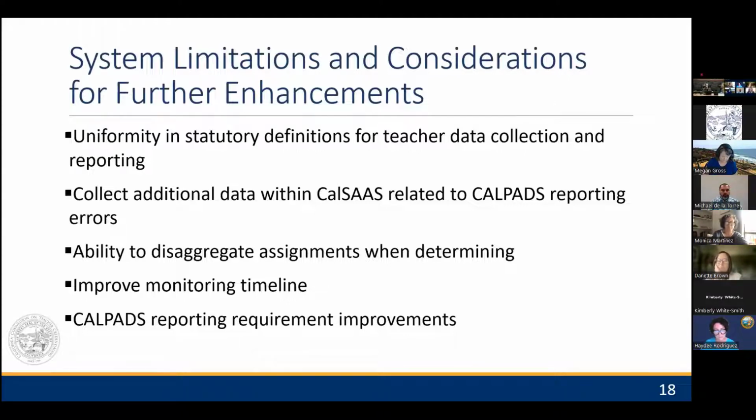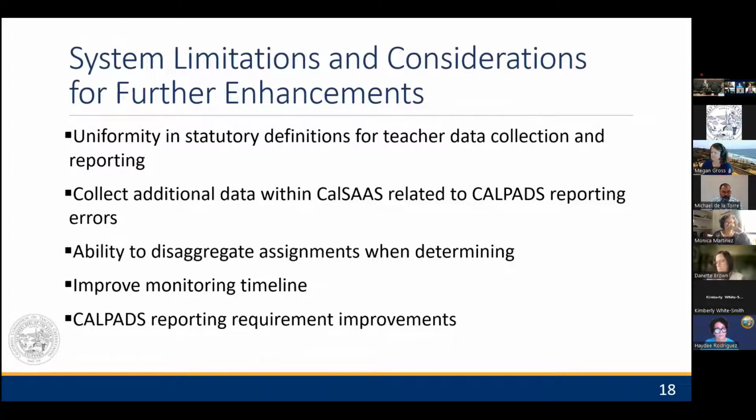In the past 2 monitoring cycles, the Commission has received data in May or June. Then the Commission can review, package, and load the data into CalSAS. This timeline presents numerous challenges for local educational agencies as it falls into the summer months when many districts and charter schools are on break. And it is also the busiest time of the year for county offices of education as they're working on acquiring